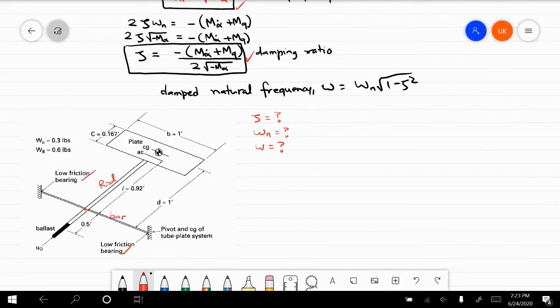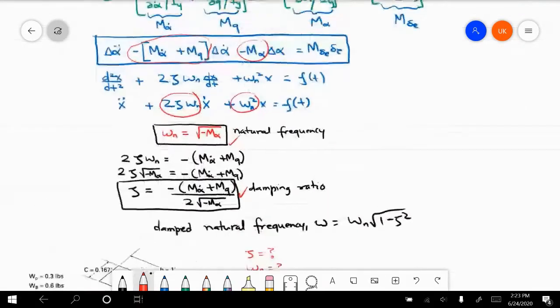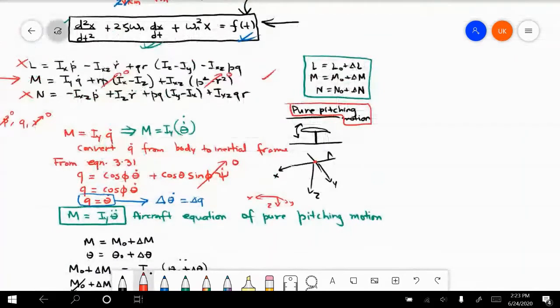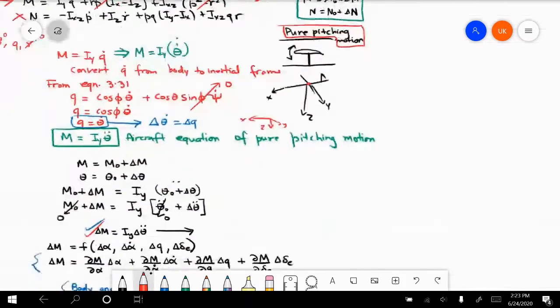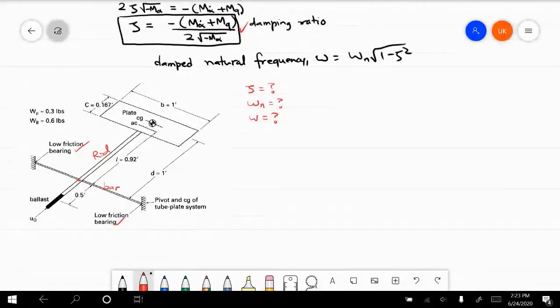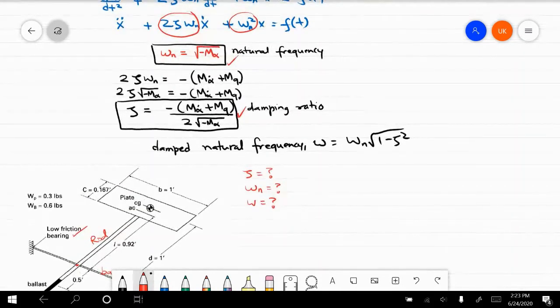Now there are two ways to do this. One is, for this particular problem, we repeat all the steps again. See, we already went through some steps of the analysis for pure pitching motion, and this is also pure pitching motion, because this system is only restricted to moving by pitching. So the one possibility is we go through all that analysis again, and then we reach some point like this,